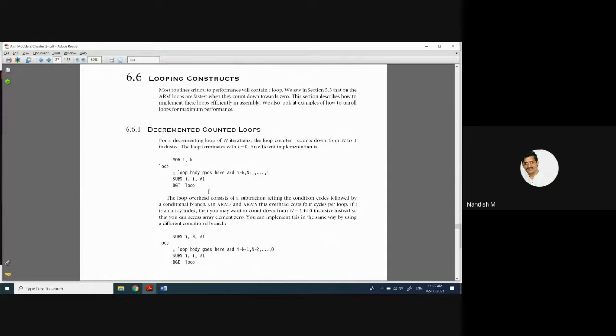Decrementing the counted loop. Let me discuss this in the next class, and we'll complete this module. In the next class, we'll conclude this module, and that will be the last class of the ARM instruction. After that, we are going to start the embedded system, the other three modules which are related to the embedded.